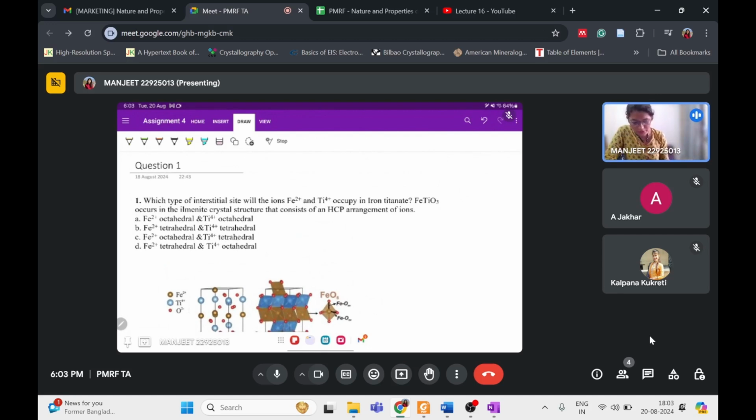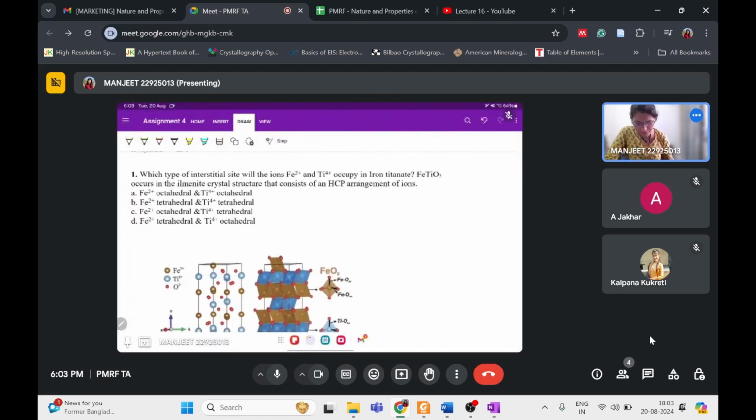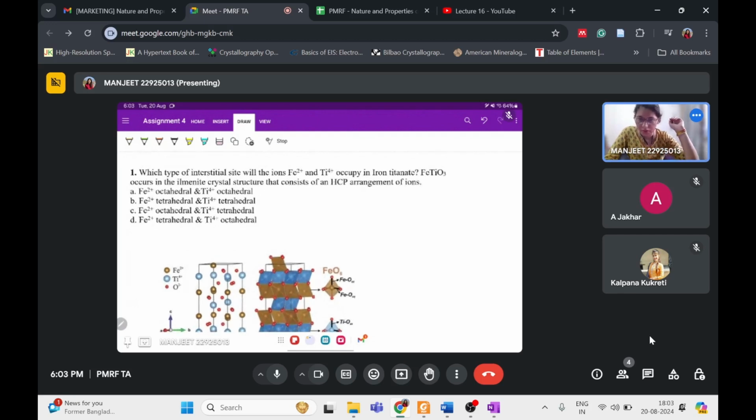Okay, let's start with question number 1. In question number 1, which type of interstitial site will the ions Fe2+ and Ti4+ occupy in the iron titanate? That is, FeTiO3 occurs in the ilmenite crystal structure that consists of an HCP arrangement of